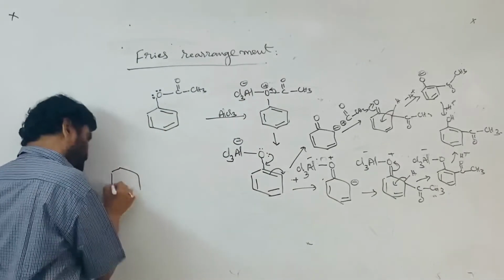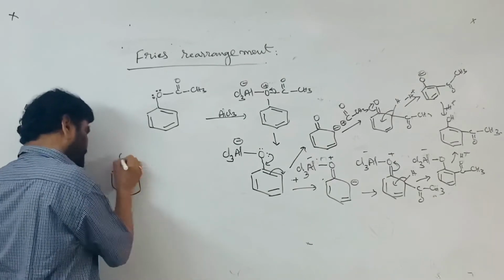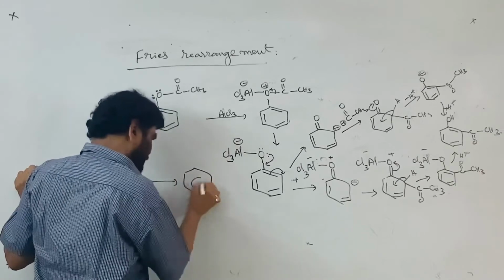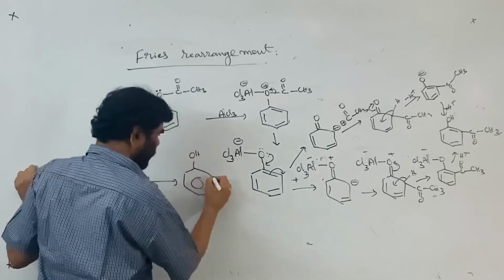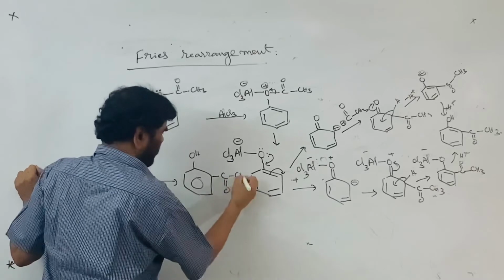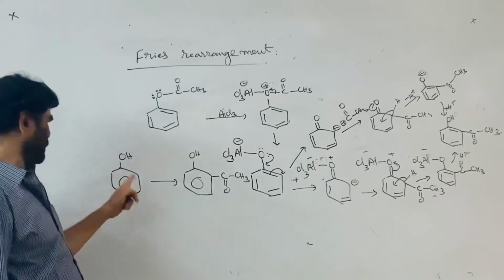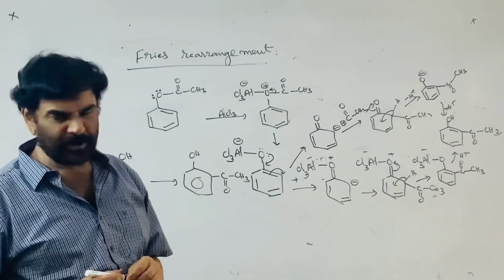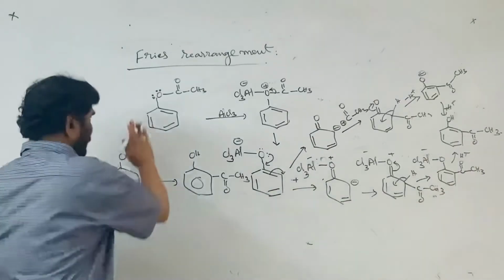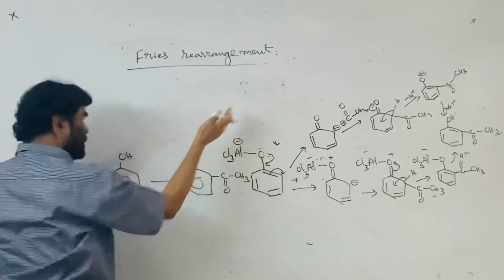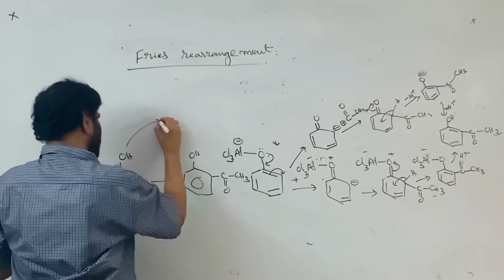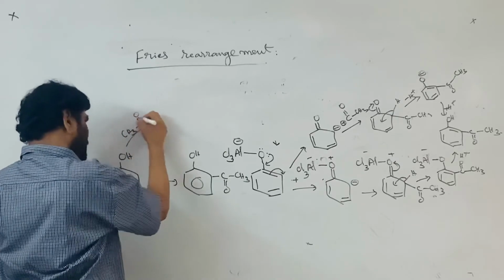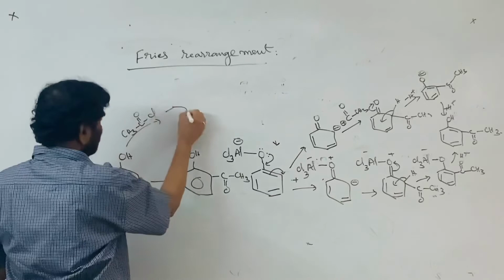See, what is the importance of the reaction? If you want to introduce the acetyl group into this, you want this product. See, it is not easy. Just by conducting the electrophilic substitution reaction, it is not possible. If it is treated with... to prepare this, you have to depend on the Fries rearrangement. Now, treat with the acetyl chloride or acetic anhydride. The reaction takes place here.